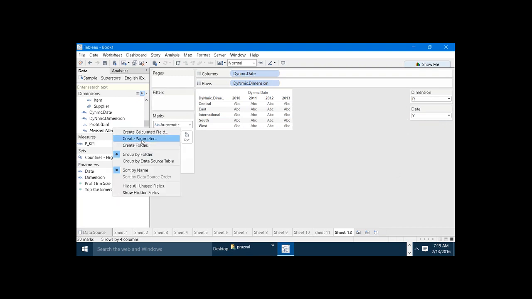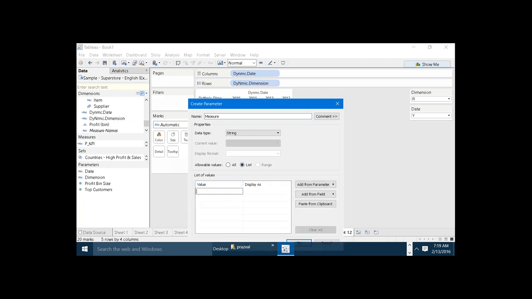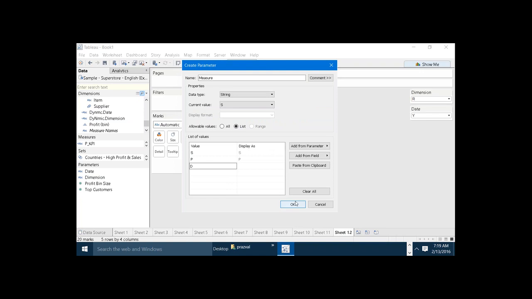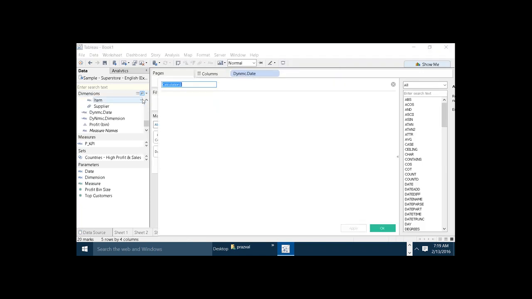I am creating a parameter with the name measure. I am taking the type as string, values as list, and here I am taking sales, profit, and discount. If I perform any selection, then I would like to get those values. So I am creating a calculated field with the name dynamic measure. In the formula, if measure equal to